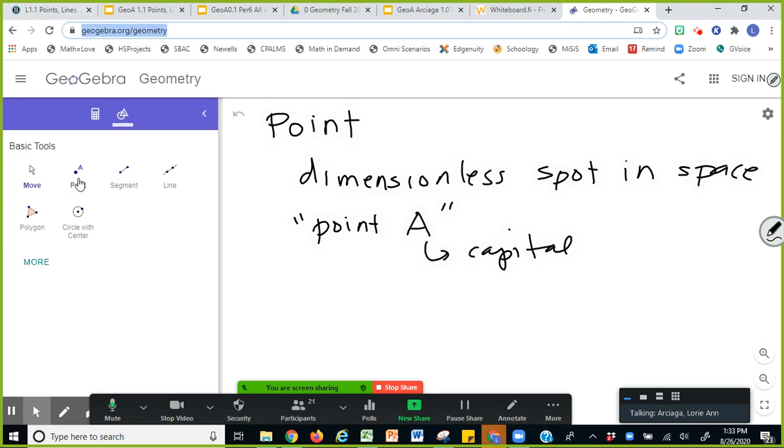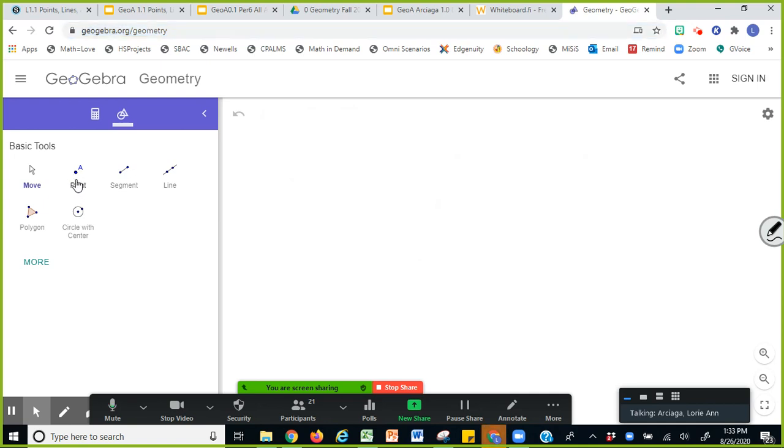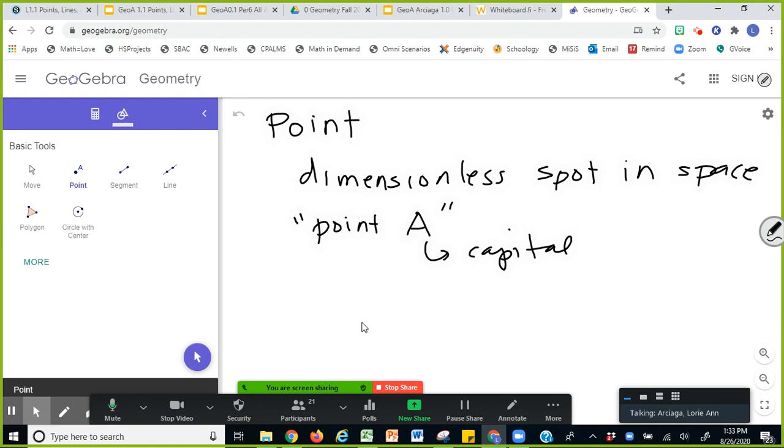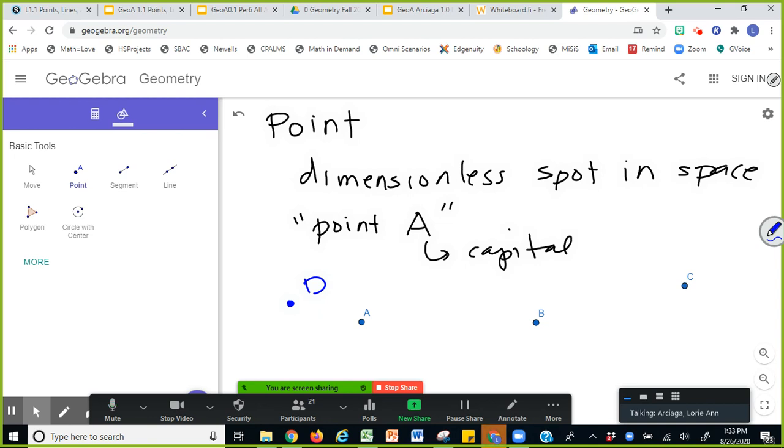All right. So how do you draw a point? I want you to be familiar with this website. If you can see my mouse right here, go to the point tool and then just click anywhere on the white screen. By default, it follows alphabetical order when it's naming the point. So you have A, B, C, and so on. When you're drawing your own point, you could just place a dot and then give it a capital letter name. Okay, I'm going to give you like 30 seconds to either jot this down, or take a picture if you think I'm too fast so you can catch up later.